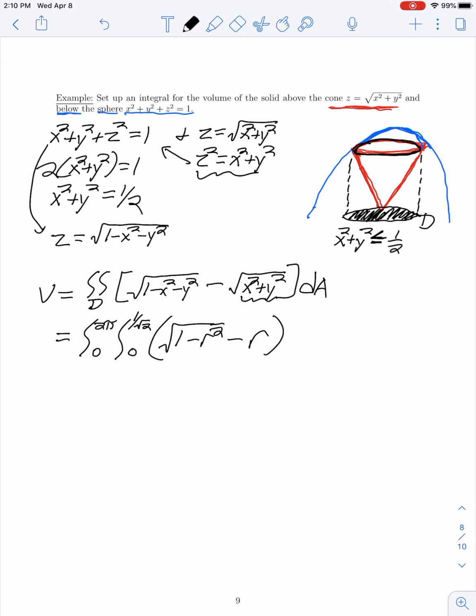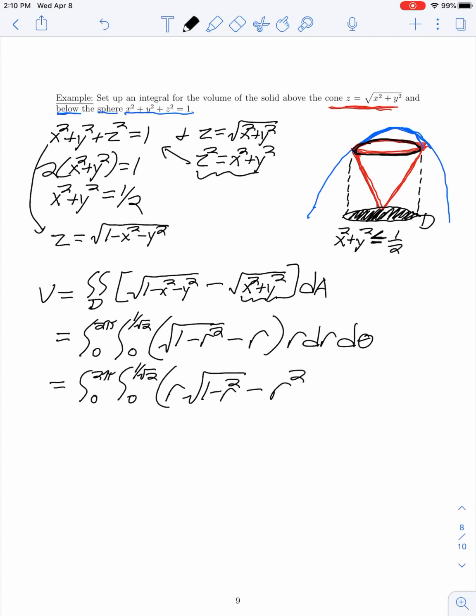And then the differential of area in terms of polar coordinates is r dr d theta. So here we have the integral from 0 to 2 pi, and from 0 to 1 over the square root of 2. If we distribute our r, we have r times the square root of 1 minus r squared minus r squared